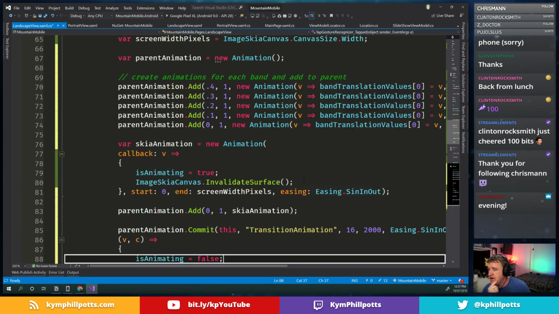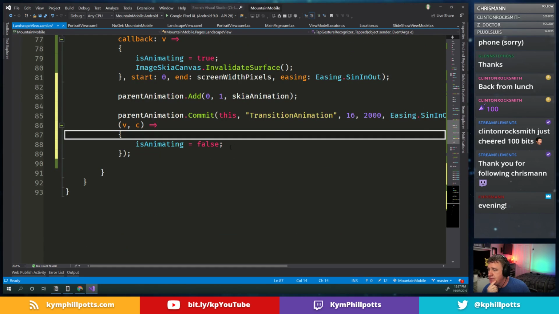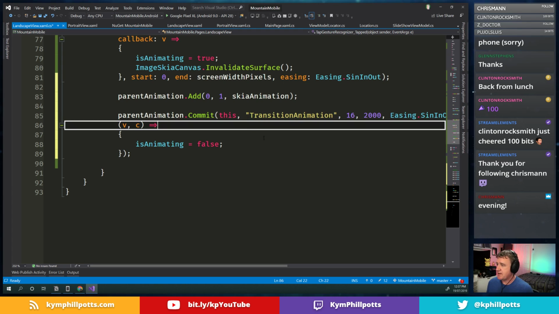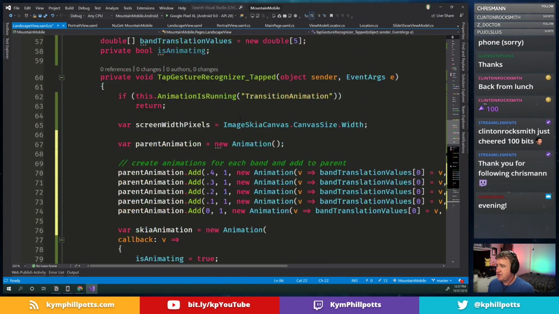Making sure it's not running. Beautiful. All right, so hopefully what we can do now is go ahead and slice up this image. We don't actually have to slice it up. We just need to